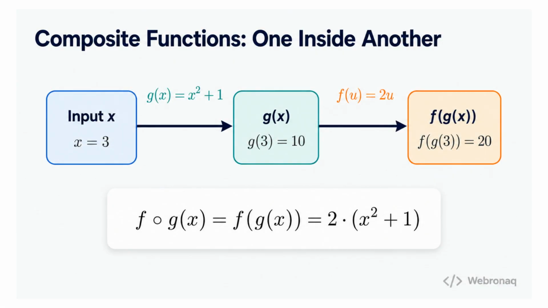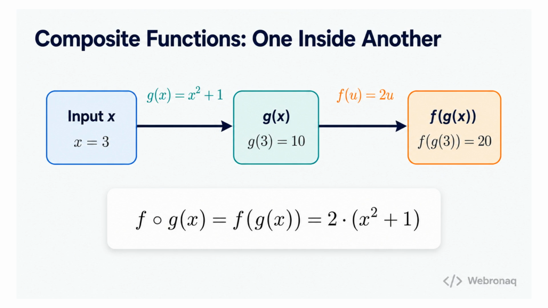Alright, so what exactly is a composite function? It is simply one function feeding its output into another function as input. Let me use a concrete example. Define g of x as x squared plus 1, and define f of u as 2 times u. When we write f of g of x, we first apply g to the input x, and that result becomes